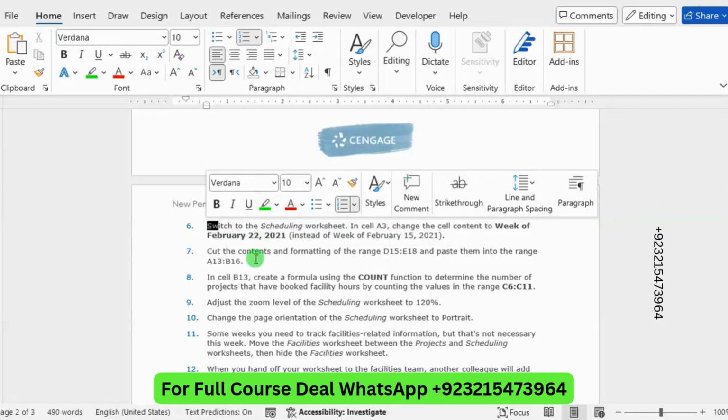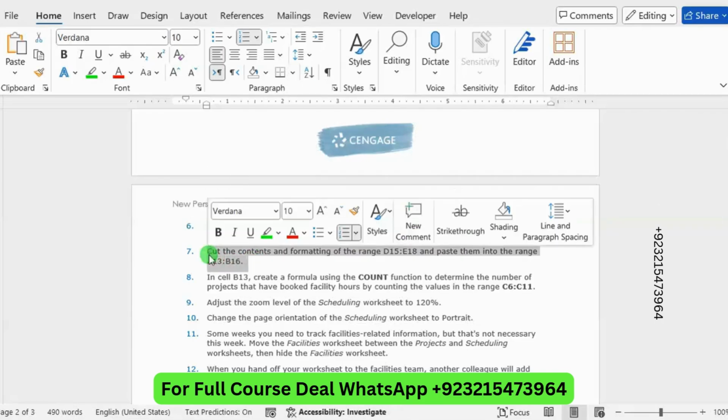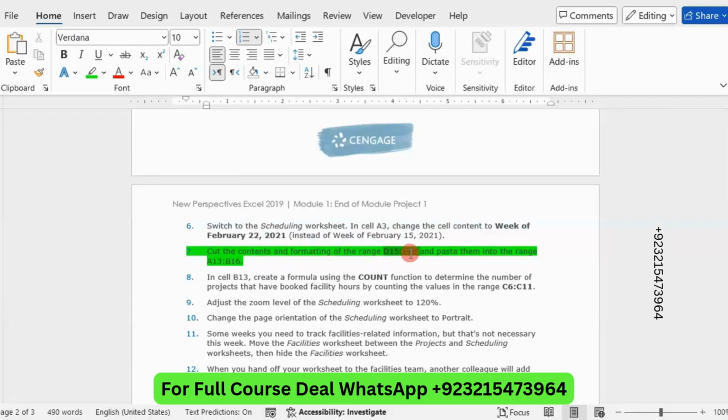And step number 7 is to cut the content and formatting of the range D15 to E18 and paste them into the range A13 to B16.